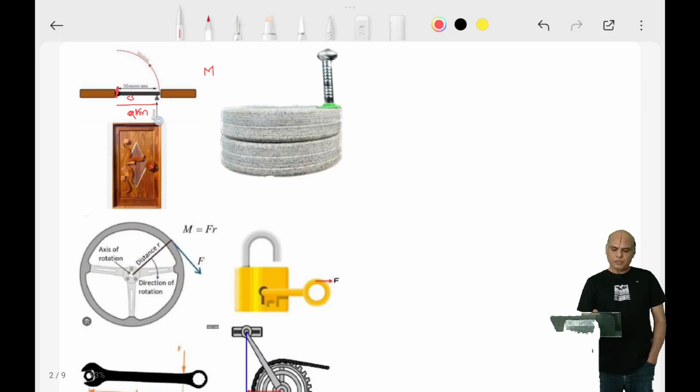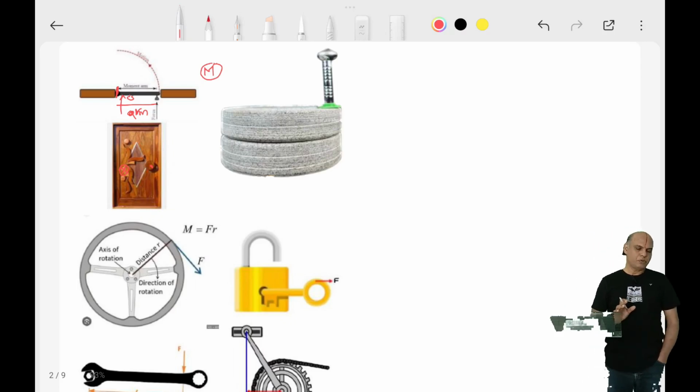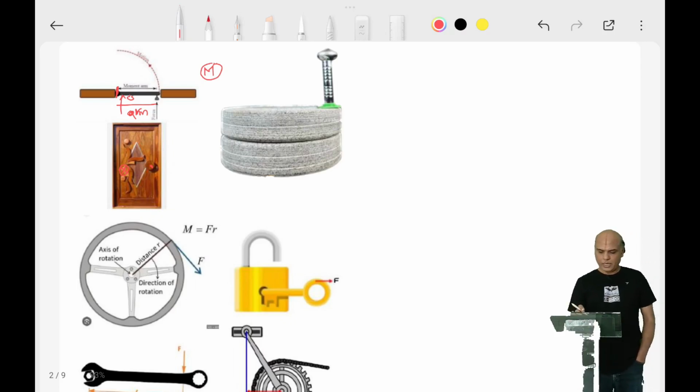So if you are applying a force at a greater distance so that the arm of the moment is greater, then the force required to obtain the same moment would be less. So if you try to open a door by applying force very near to the hinge, that is here, it would require a greater amount of force to turn the same door. Okay, likewise,